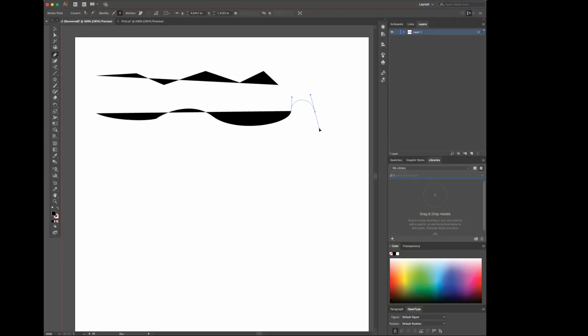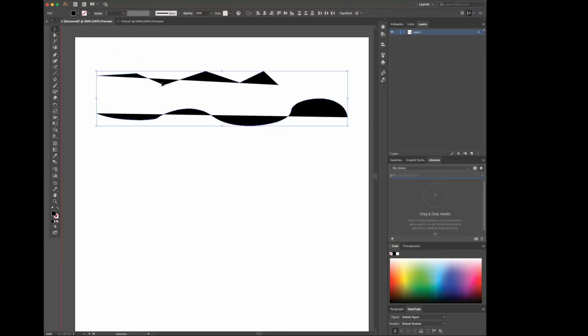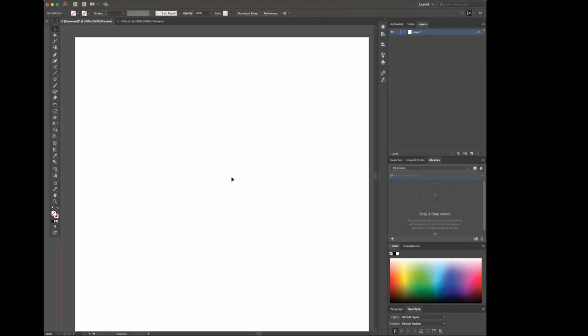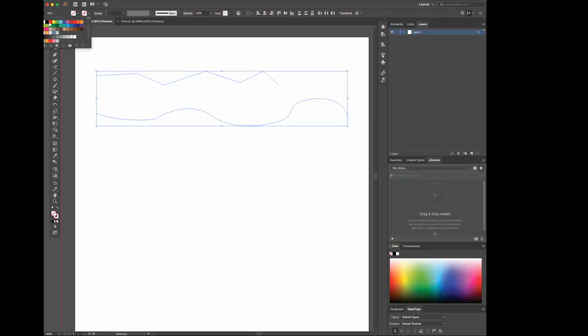Okay, the pen tool will take years to master. Maybe some of you practice more than I did and will be able to get a little faster, but it's a very difficult tool to get the hang of. So don't fret if you can't get it right off the bat. But it is important to practice.